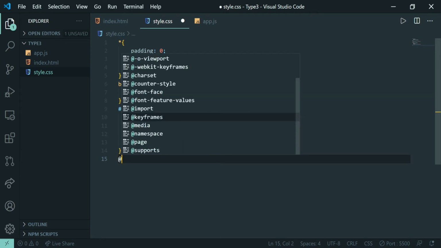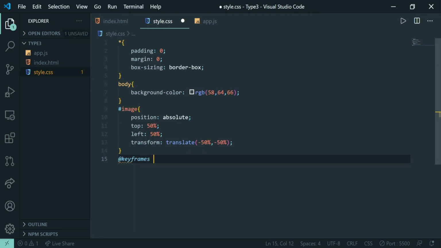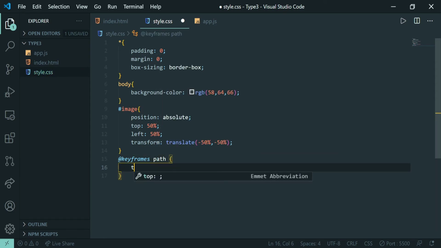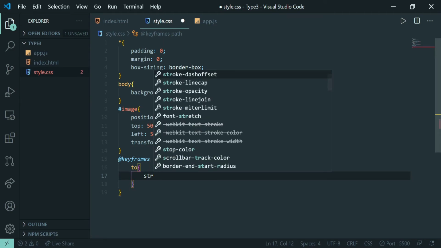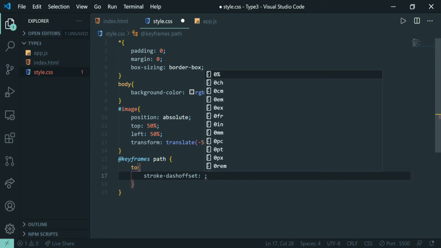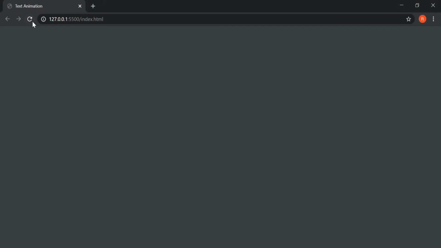First of all, let us create our animation and give it the name path, and here we write stroke-dashoffset to 0.